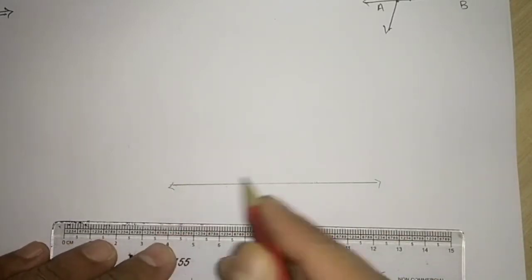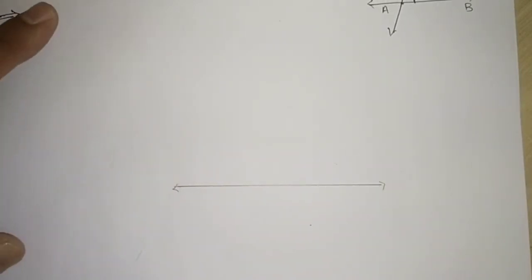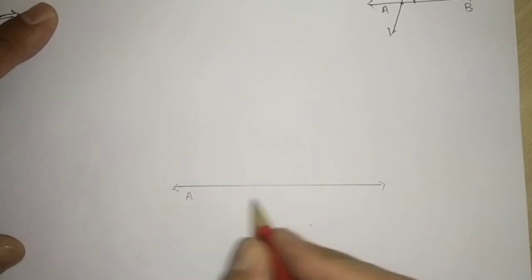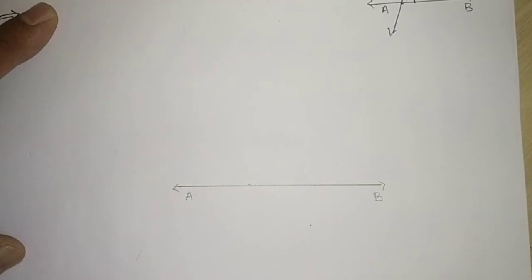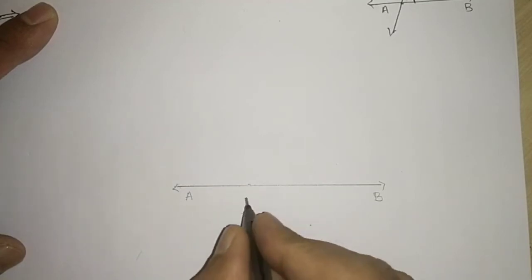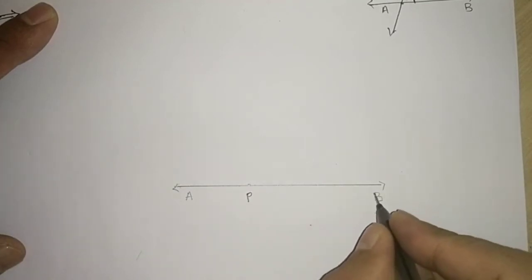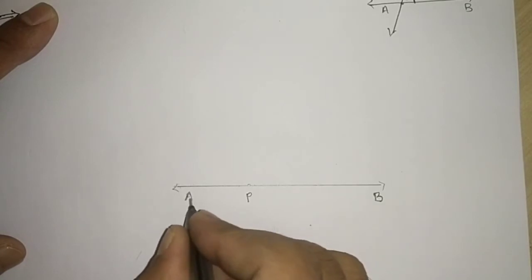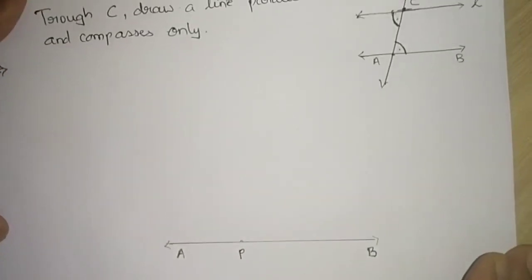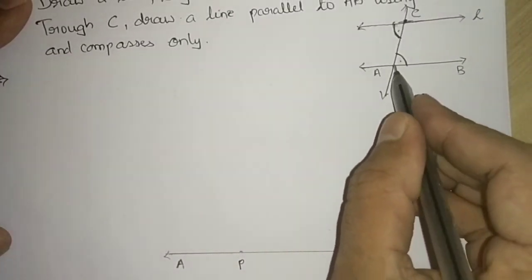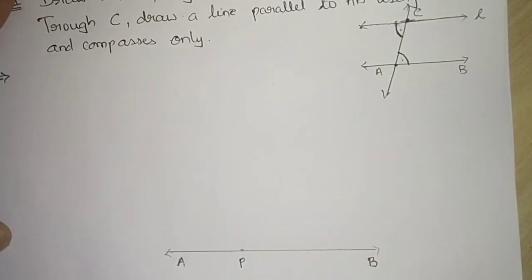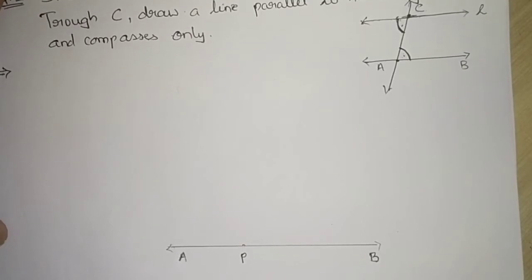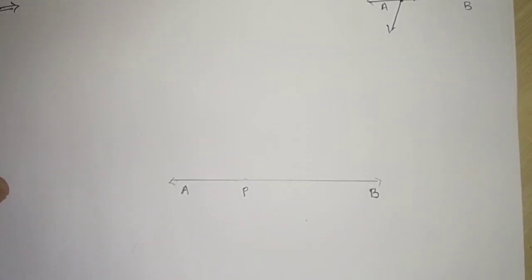Name it as AB. Draw a line AB and take one point P on it. I am taking one point P. Why I am taking one point P? Because here the point of intersection, there I must take one point. Now please, if you have not drawn, pause me so that you can be with me.